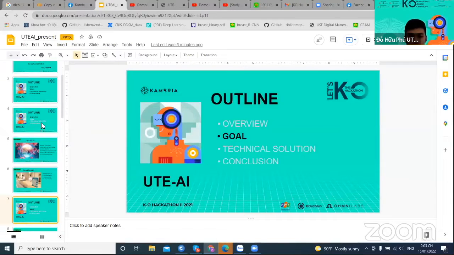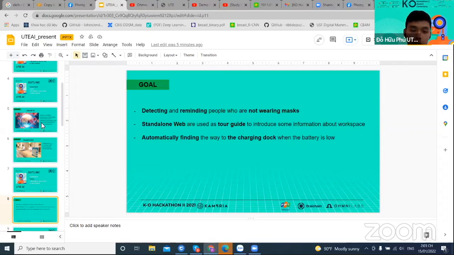So the team established 3 goals. The first thing, detect and remind people who are not wearing masks. The second is a role for the Ohmni bot to introduce some information about the workspace. The workspace I mention here is our university right now. And the last one is